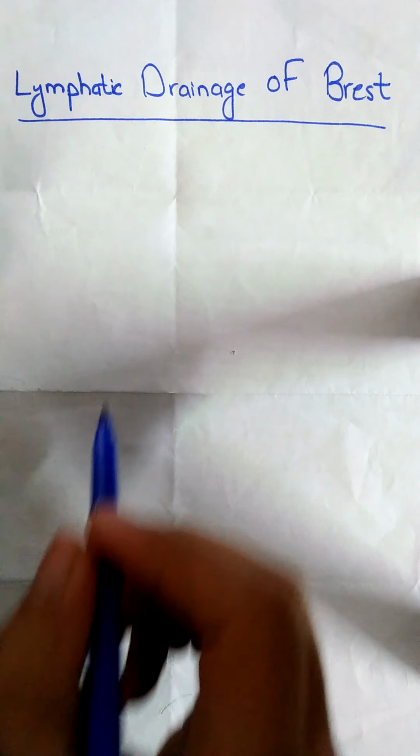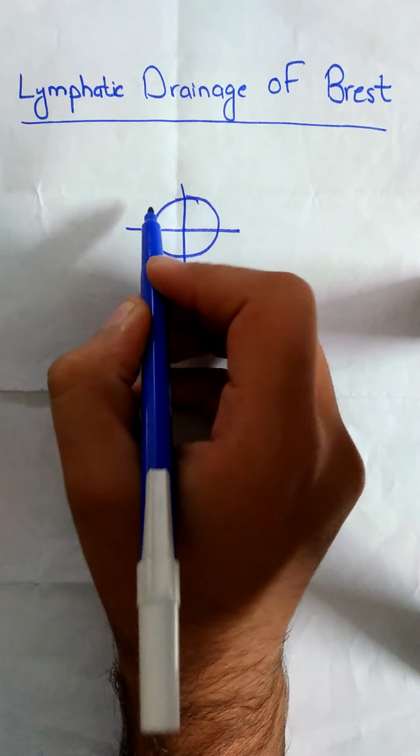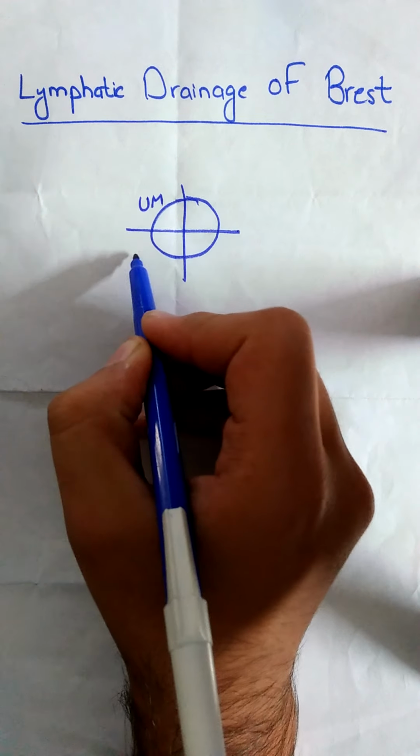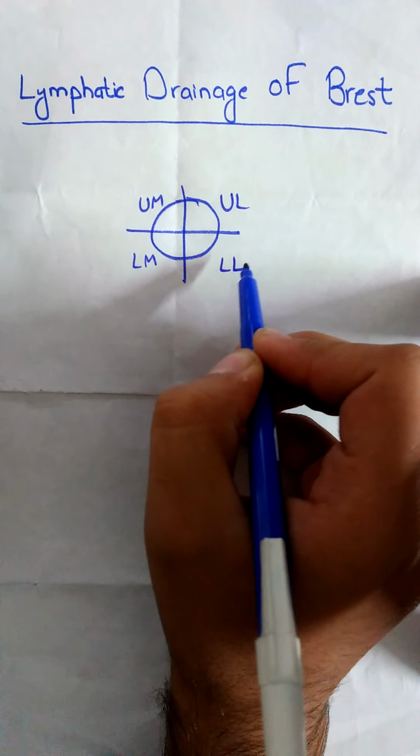So first of all, we should know that a breast is divided into four quadrants: the upper medial quadrant, lower medial quadrant, upper lateral, and the lower lateral quadrants. Okay,